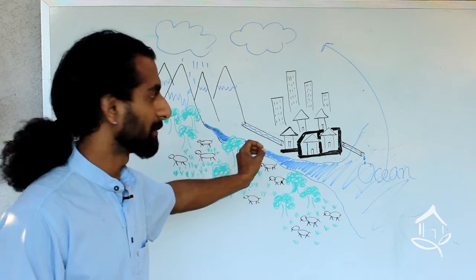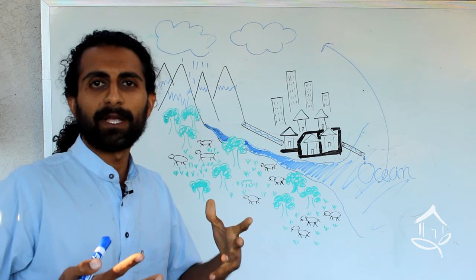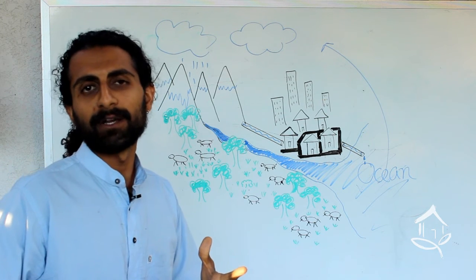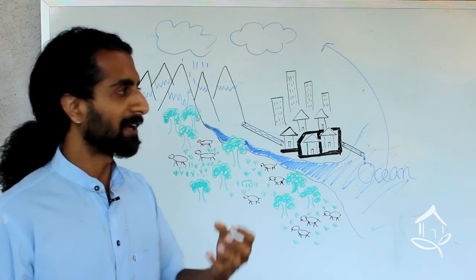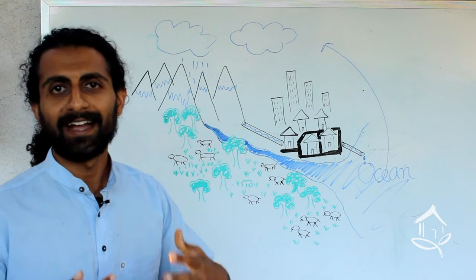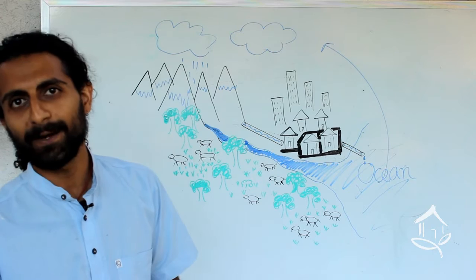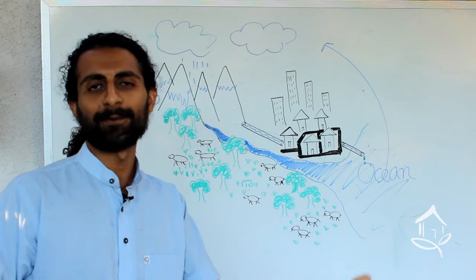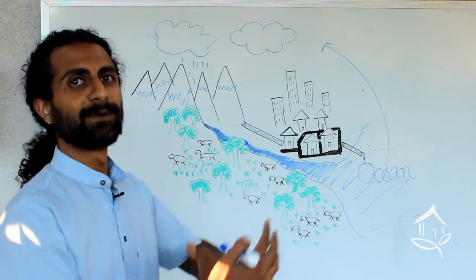So let's take an example of a tree. Okay, so the tree soaks up some of the rainwater, and with that rainwater, it produces fruit. That fruit has moisture in it. That fruit is eaten by an animal and then is urinated out onto a grass, which is then eaten by another animal, who then urinates that water out, which is soaked up by a soil, which feeds another tree, which